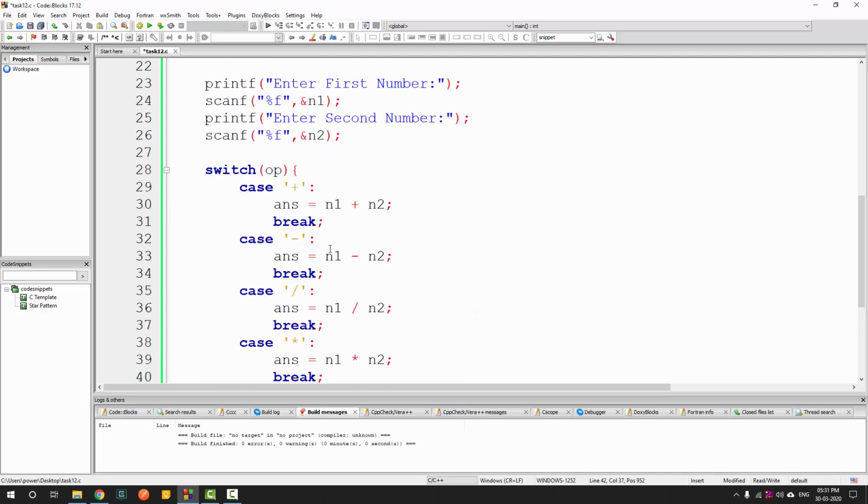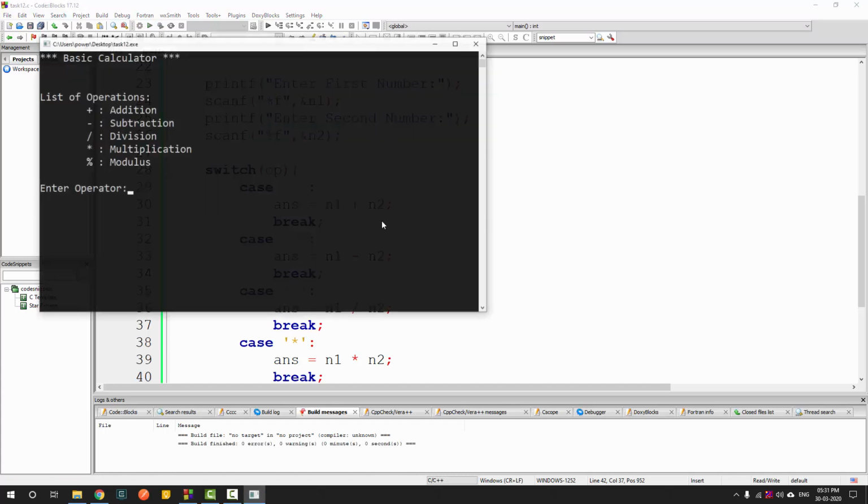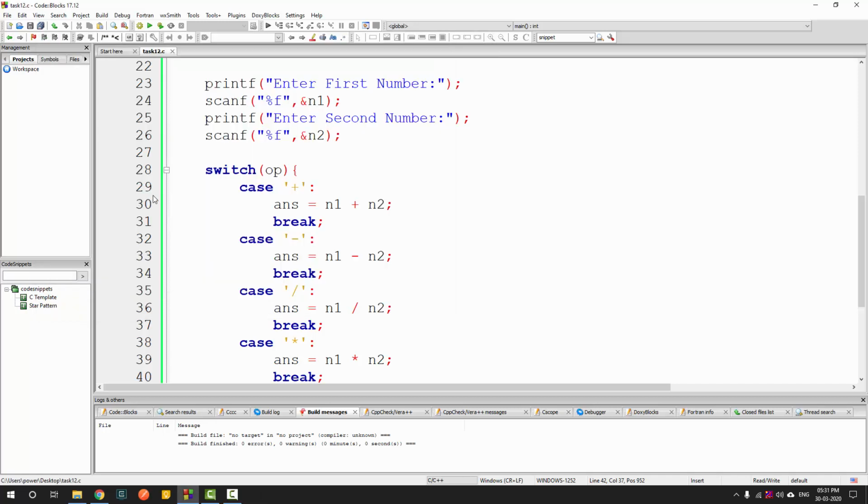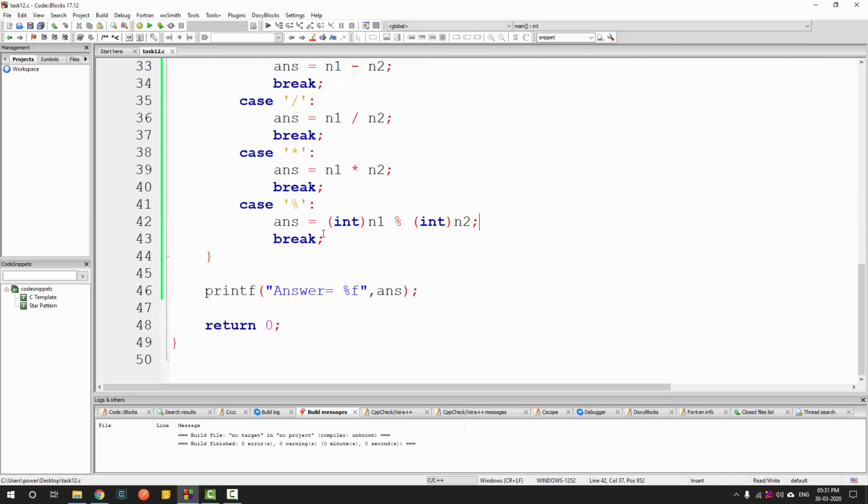Now the second thing that I would like to show you is, what if the user enters something completely different? These are the 5 operators that are allowed. What if the user enters, let's say, a dollar sign? It still runs, but it has nothing to do. So what I would suggest you do is add a default case over here,